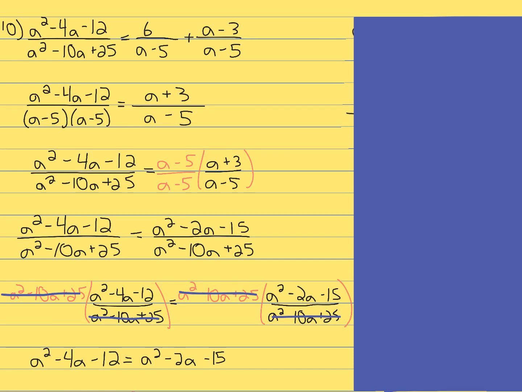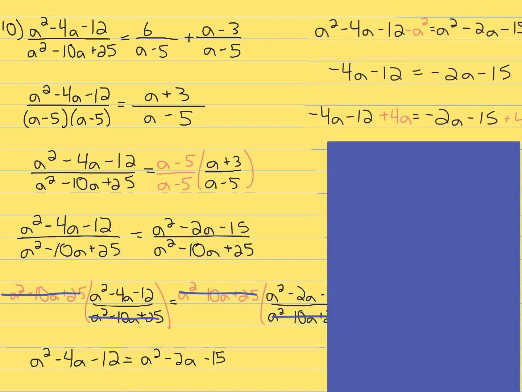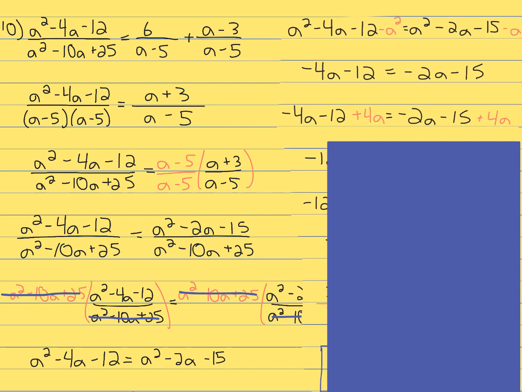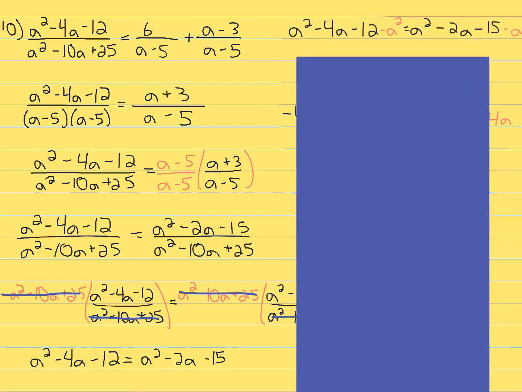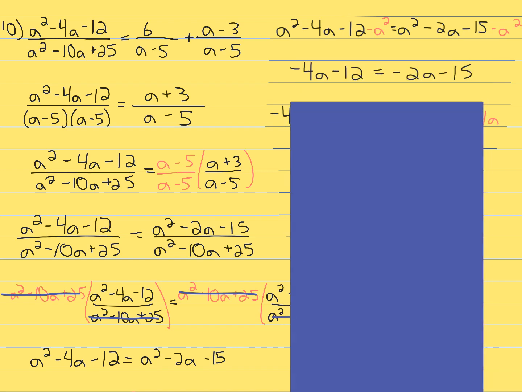Okay, so from there, what do we have to do? Well, I'm going to move this over. It's going to overlap with what I have down there, but we've already dealt with that. So what do we got here? Okay, well, we've now got what we had here on the bottom. I put it up top, and what I'm doing is I'm subtracting the a squared away from both sides. Okay, you can see that. They both have a squared on them, so we get rid of that term. We're left with this, negative 4a minus 12